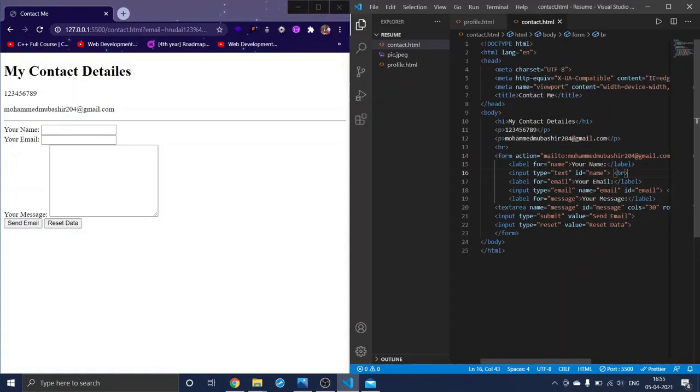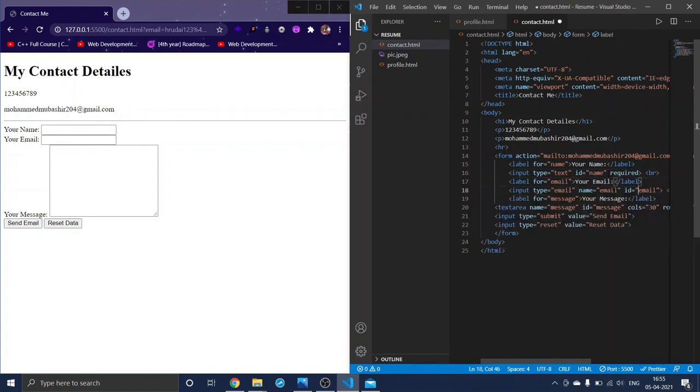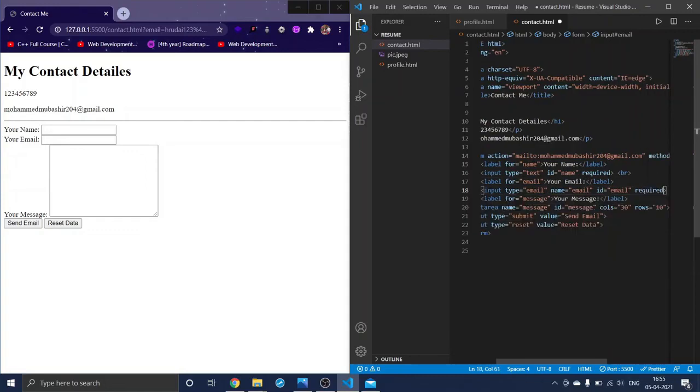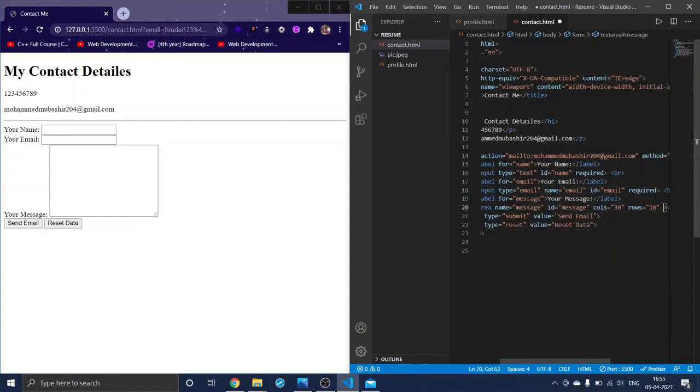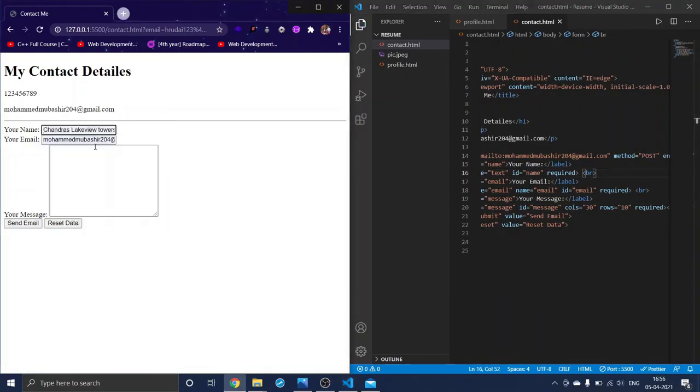And now what I'll do is, these are important, right? So I will give the required attribute here, required, and even here required, and even here required, and save this. And let me write here something, and here also we gave this as required, right?